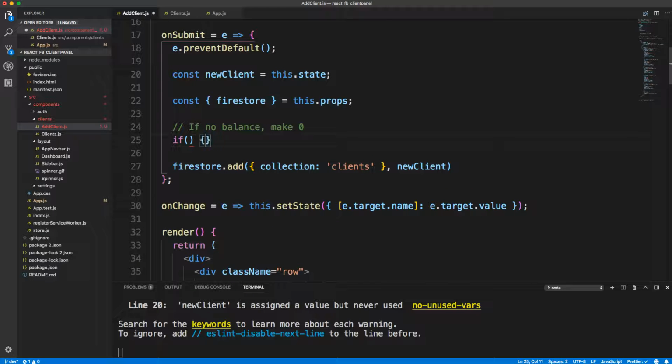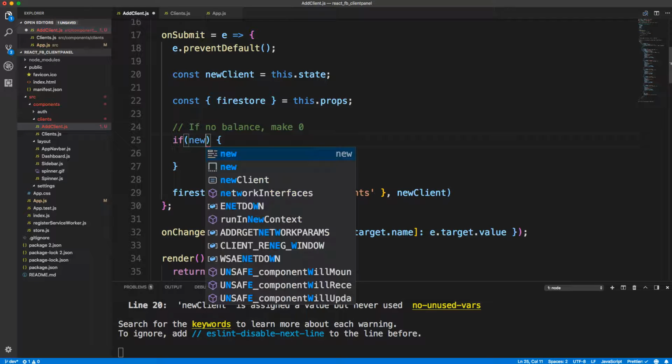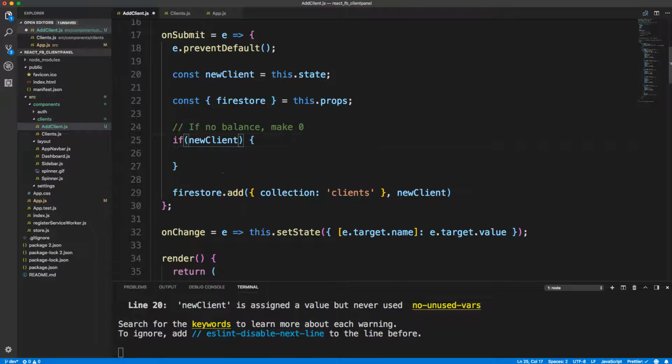That's really easy to do. We can simply say if newClient.balance is equal to an empty string, then we simply want to set newClient.balance equal to 0. Okay, and then once we do this add here,